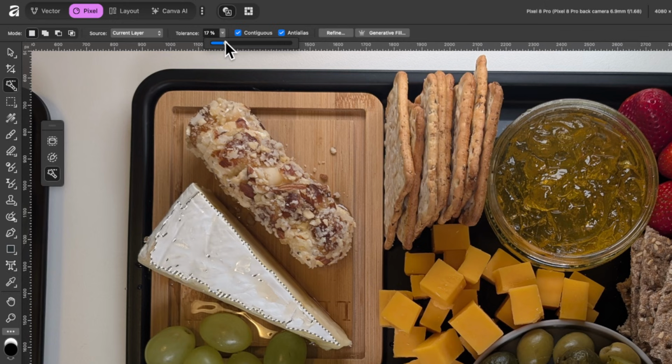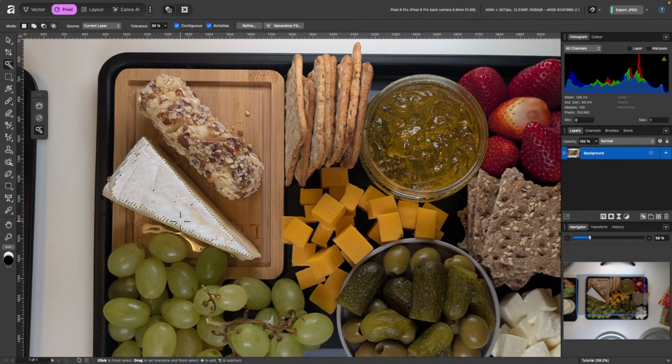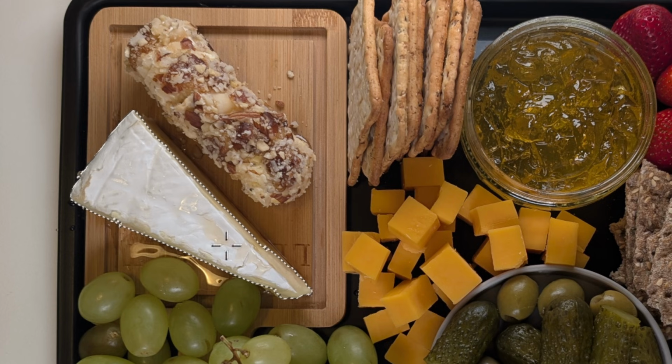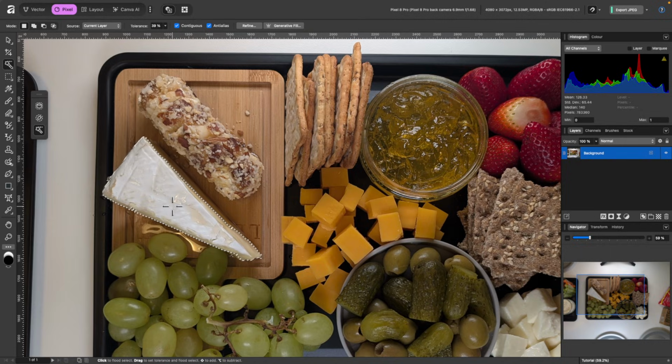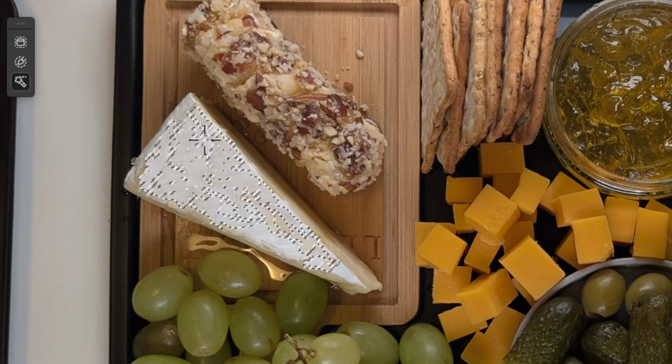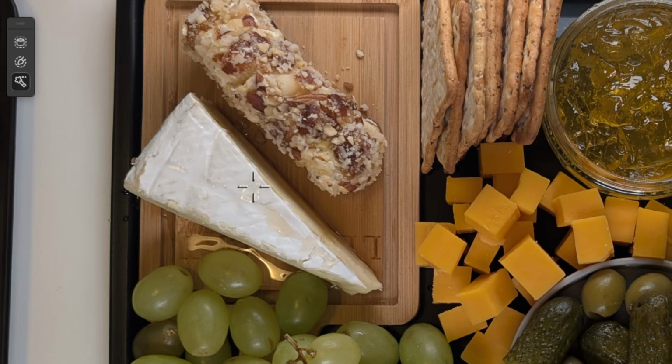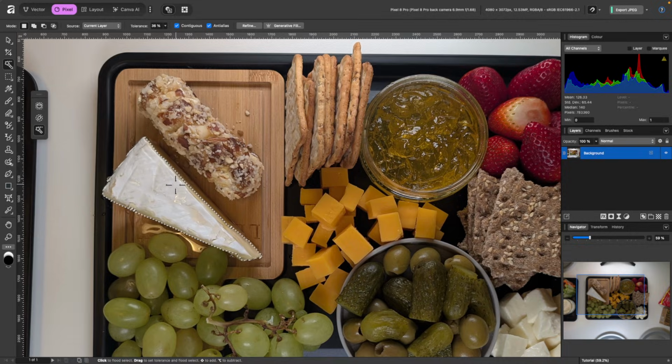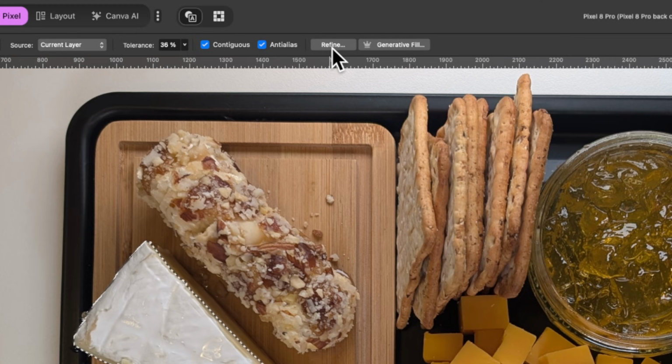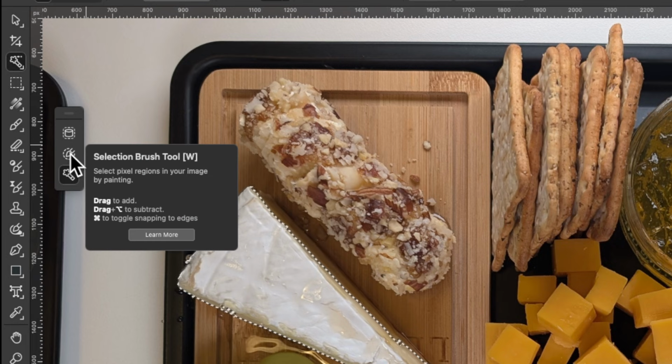If I go ahead and up the tolerance, and I'll just press Command D to deselect that and we'll try again. I'll click once again and it's included more of it. Another way to do it is just press Command D to deselect that. It's just to click and drag. And the more you drag, the more it will select. And if it hasn't selected the full amount that you want, you could just try again, just click and drag more and more until it includes more of it. And if you want to refine your selection, of course, you can go up to refine and do that like I showed you just now, or you can switch over to the selection brush tool.